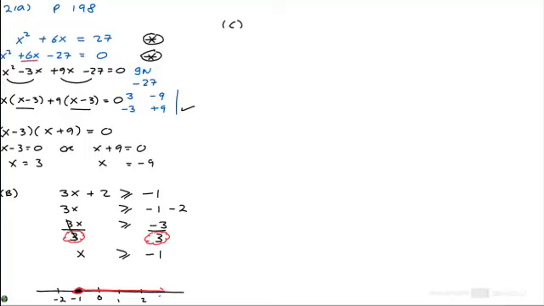Okay, next part of the question, part C. Part C, you're asked to solve for x and y, and that tells you straight away that it's going to be a simultaneous equation. But the other thing that tells you it's going to be a simultaneous equation is just the way it looks, the way it's written for you. There's two equations. First one is 2x plus y equals 5. Okay, now if you've looked at the last video,